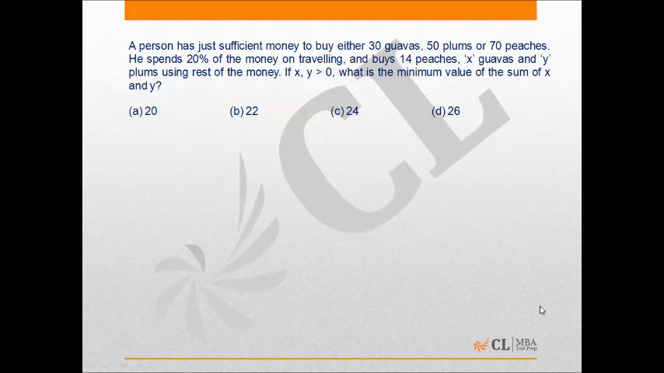A person has just sufficient money to buy either 30 guavas, 50 plums, or 70 pieces. We should take the total amount with the person in such a way that when it is divided by 30, 50, and 70, in all the cases we get an integer, and that amount will obviously be the LCM of these three numbers, and the LCM of 30,